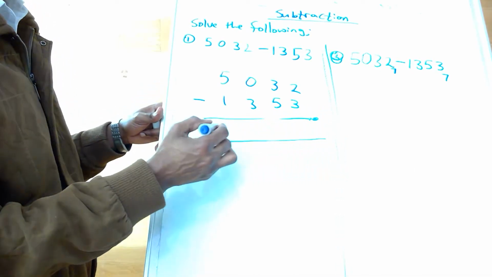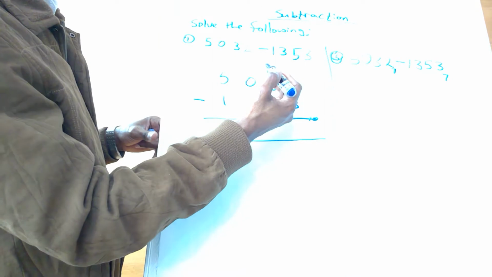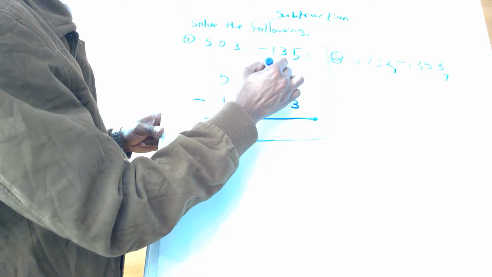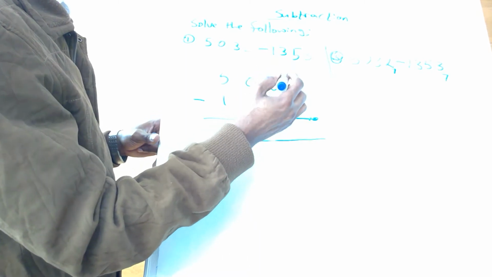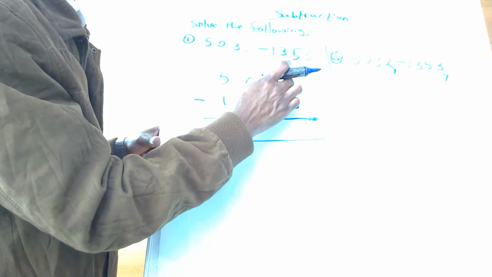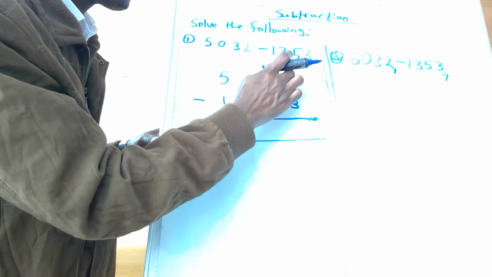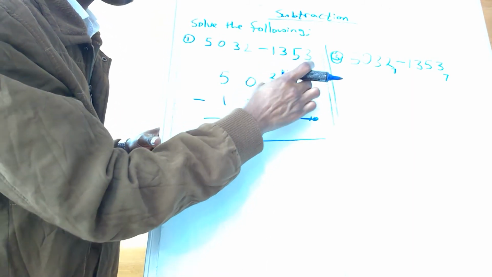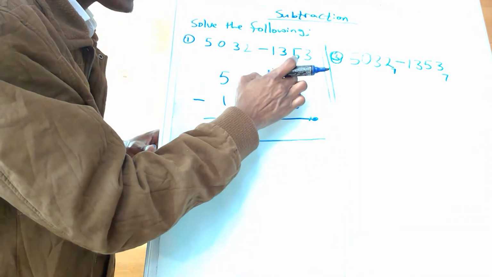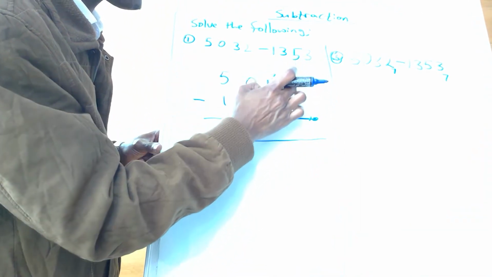Now, usually we say 2 minus 3 is not possible. We borrow 1 from here. This one remains 2. Then our teacher will tell us to put 1 here. Yes, it's right. But that is not the reason for putting 1. If we put 1, it will become 12. That 1 is wrong for us to put here. It is not 1 that we put.